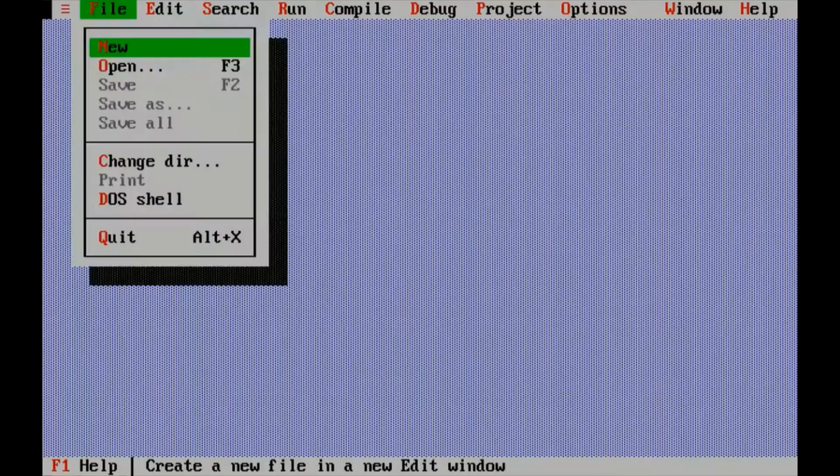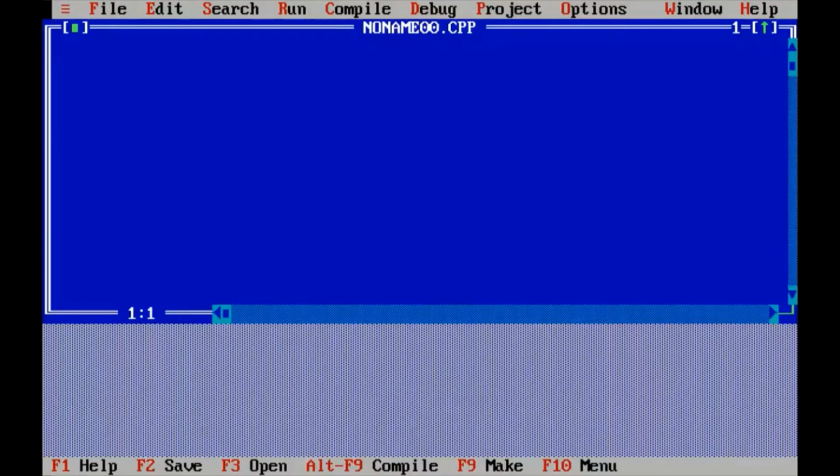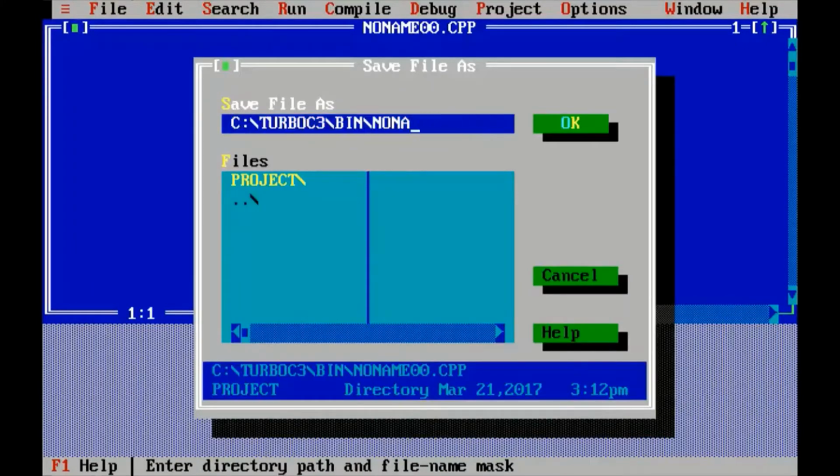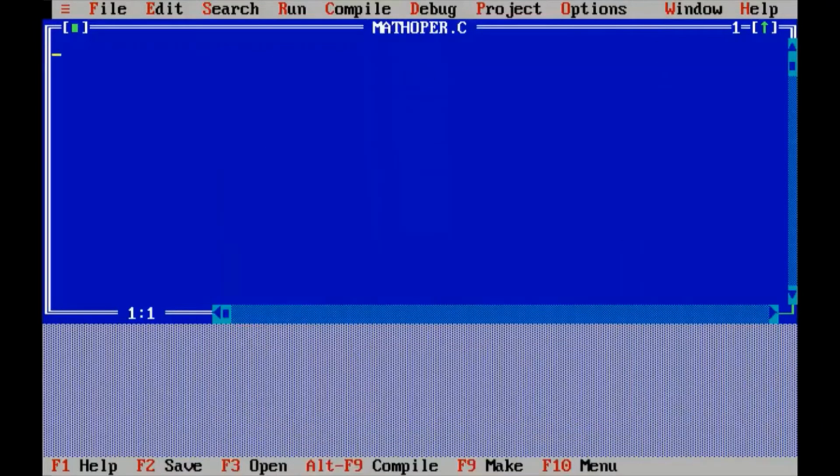So first I'm going to take a new page and I will save it, because you should save every file, each and every file, before you write the actual program. That's a best practice for you guys. So first save it. I will save this program with the name math operations, and it is the best practice to give the file a name which suits your program, and don't forget to add the .c extension at the end. So press the F5 button on your keyboard to make the screen bigger.